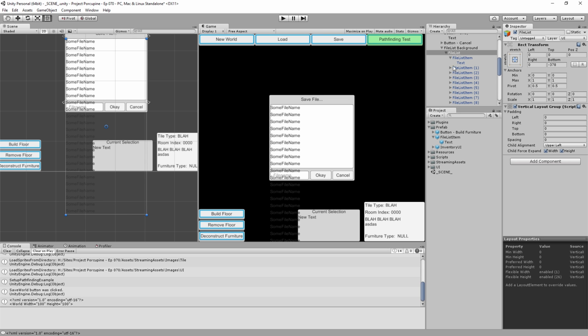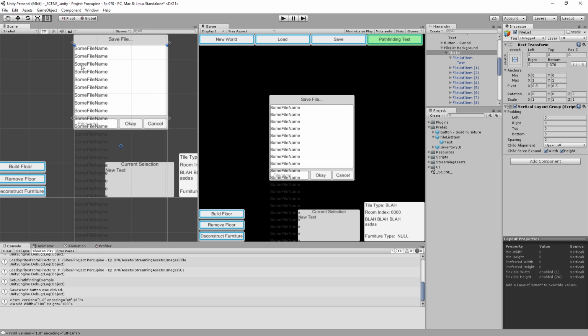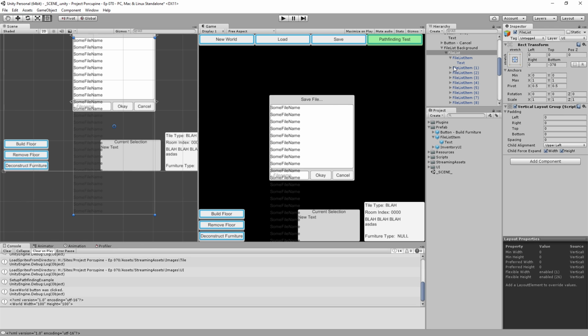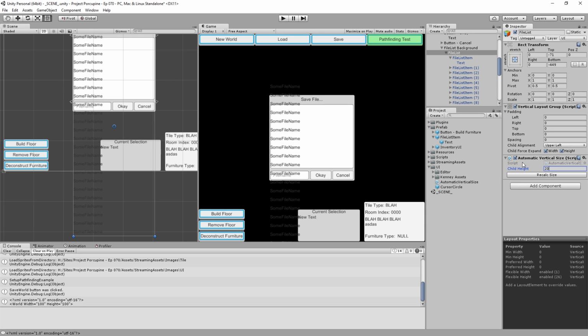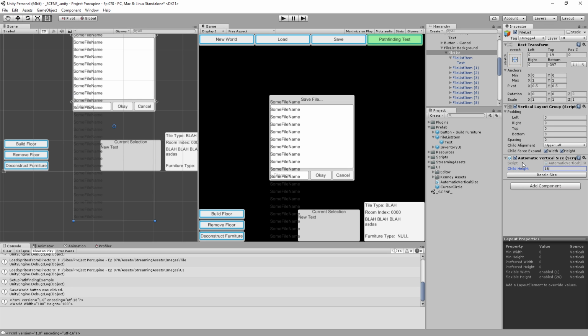So we figure out that we want our children to be 24 pixels high each. So the size of the file list should be the number of children multiplied by 24. As it turns out, we already have a script we made for that, for our list of menu items. If we put automatic vertical size on our file list over here, and we say that we want a child height of 24,